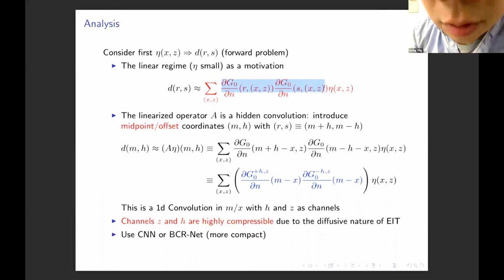And this linearized operator A has a very nice hidden convolution structure. You can't directly see it here, but after a dual coordinate transformation it becomes very clear. Instead of reading the data at the receiver and source locations, you transform the coordinates into a midpoint and an offset, which I denote here by M and H. M is essentially the average of R and S, and H tells you